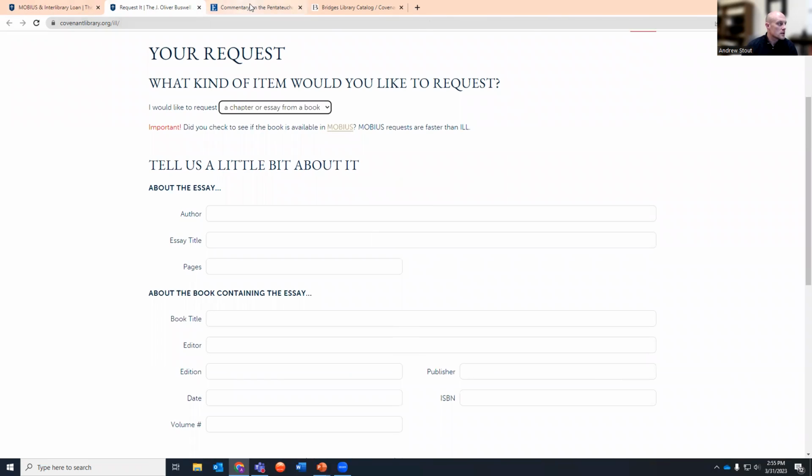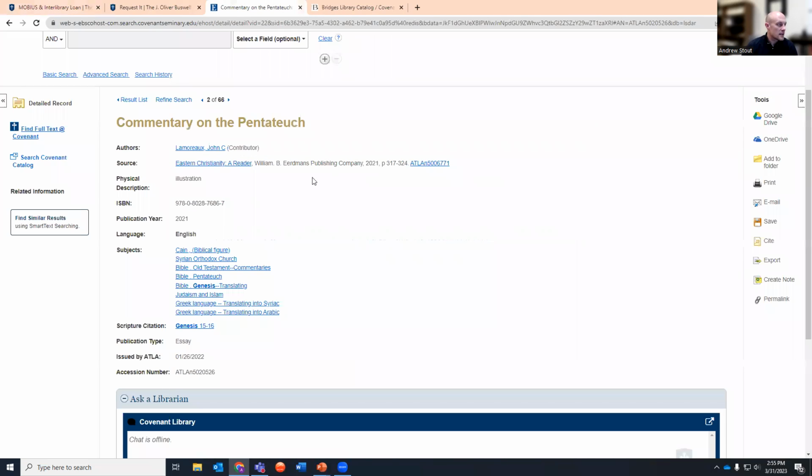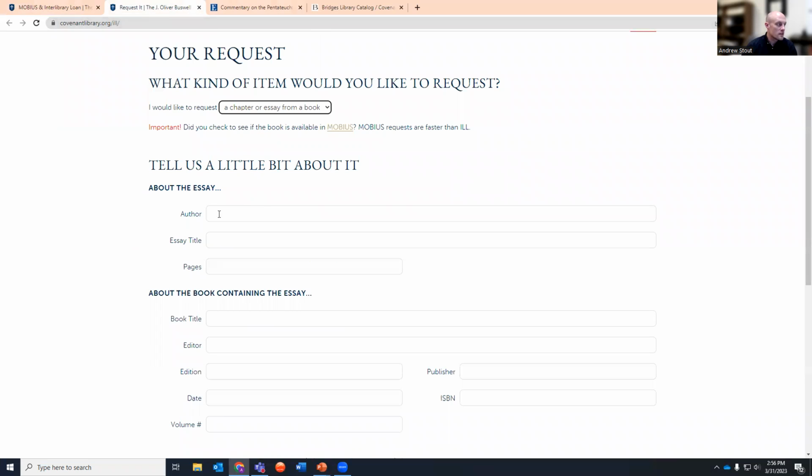At this point, you can go back to the record for that essay. You've got all the relevant information that you need: the title of the essay, the title of the book, the author's name here, and you can use also the page range. It's going to be important. So you can use all that information to then go back to this interlibrary loan form and fill in the